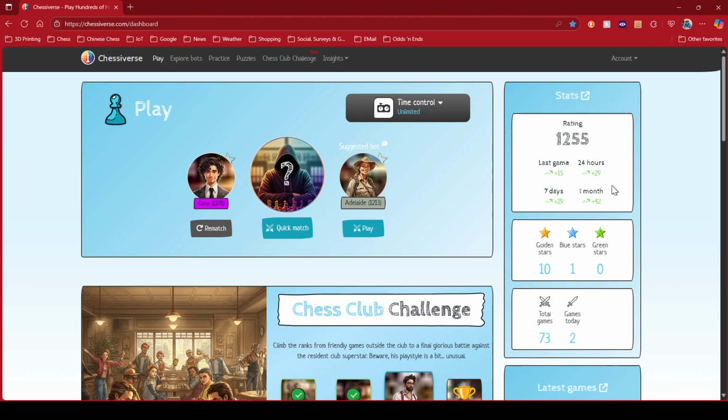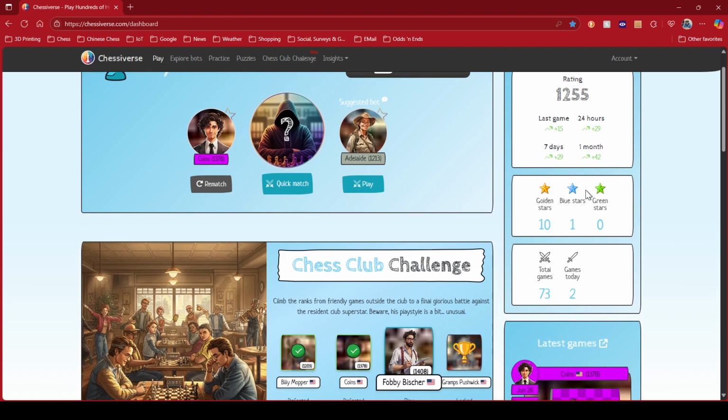So 7 days and 1 month may be in a similar situation. Gold stars are games that you played that aren't part of challenges, by the way, but you've beat. When I go down to the challenges section, if you beat a bot, you won't get a gold star for that. But if I selected this bot right here and I played and I won, I'd get another gold star. Blue stars are